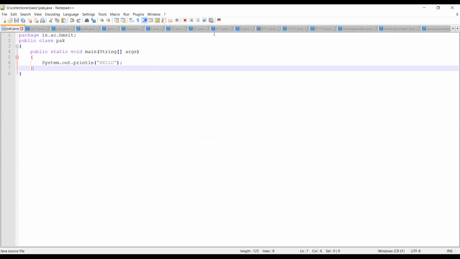This is a simple example I wrote in the last class. This is how you define a package. Package is a keyword and you have to give some name to the package. Whenever you give a name to the package, it should be universally distinct. Since it has to be universally distinct, usually we take the domain names of the internet, since domain names will be universally distinct from one another. We write those names in reverse order so that there will not be a conflict from one to another.